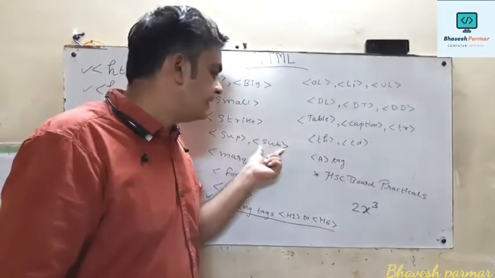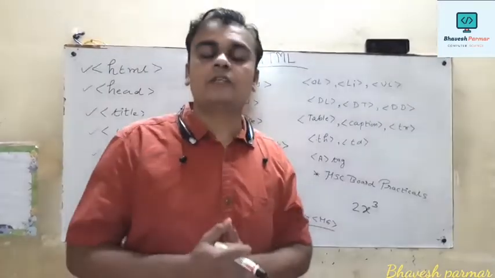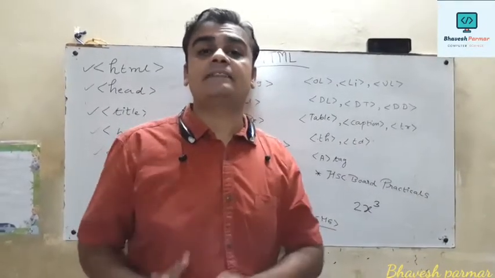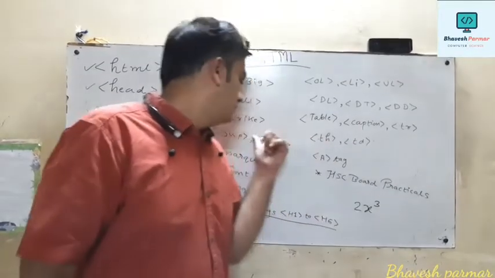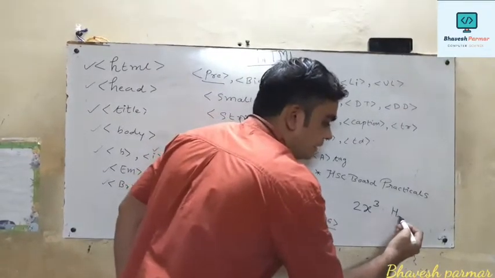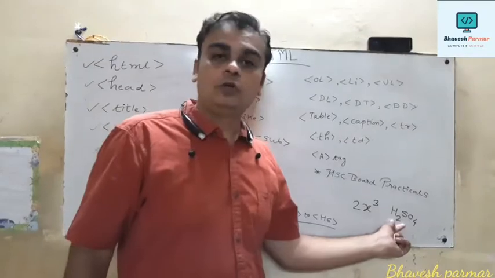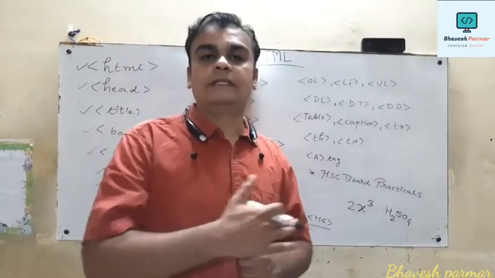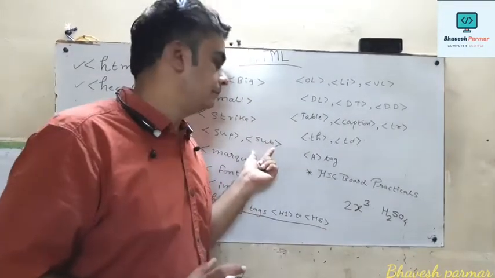And the opposite tag is SUB. SUB stands for what? Subscript. So what is the role of the subscript tag? It helps to display the text at base level, and generally in chemical formulas and mathematical reactions, the SUB tag is very helpful. So for example, suppose I wish to display H2SO4, in that case my 2 and 4 are displayed at the below level, below the text level. So in that case SUB is beneficial for me.